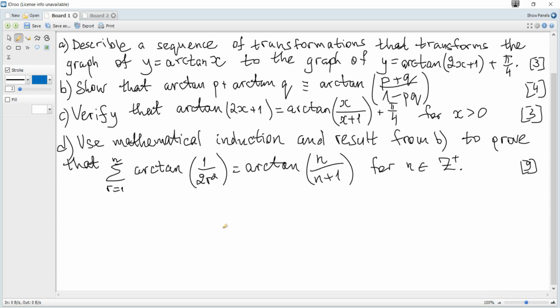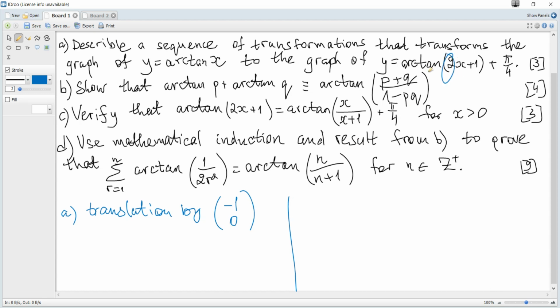Describe a sequence of transformations that transforms the graph of arctan of x to the graph of arctan of 2x plus 1, plus pi over 4. There are two possible sequences of transformations. The first sequence is, according to this plus 1, a translation by a vector (-1, 0), or just a horizontal translation 1 unit to the left, followed by, according to this 2,